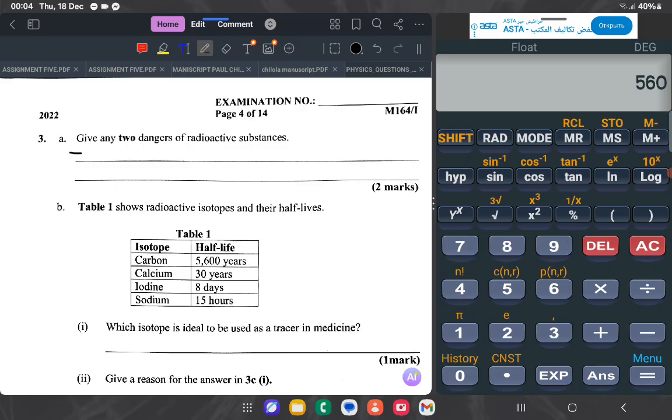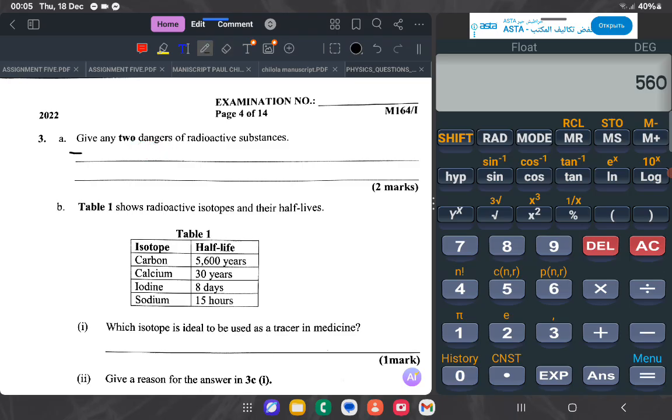All right, number 3. Give any two dangers of radioactive substances. Radioactive substances, if not handled properly, have dangerous effects on humans as well as on the environment. Since the question is asking for just two dangers,